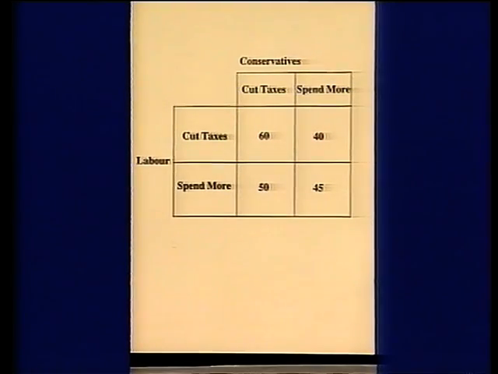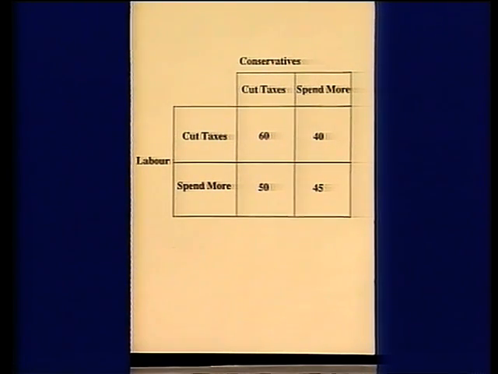Around about the time of an election, an independent poll surveys people's attitudes to the two major parties either cutting taxes or deciding to spend more on social security and the general infrastructure. The results of the survey are shown in this table. For example, if both the Conservatives and Labour agree to cut taxes, then the Conservatives can expect 60% of the poll. Whereas if they maintain their policy of cutting taxes and Labour have decided to spend more on social services as part of their platform, then the vote is halved between the two parties.